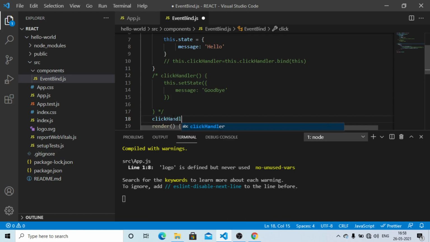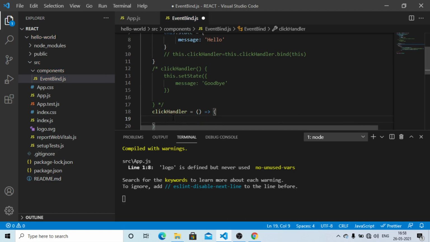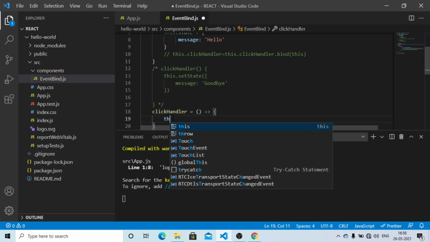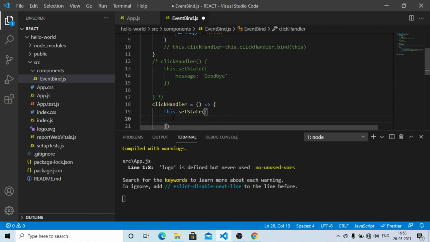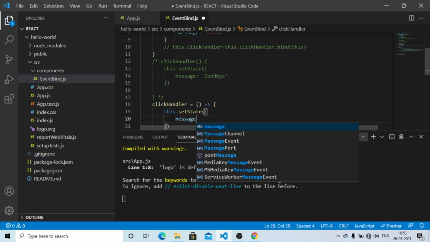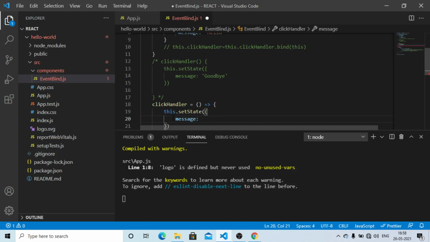So handler, we would like to use the arrow function here, and an opening curly brace, and here we would like to call setState, and we would like to change the message here from hello to goodbye.